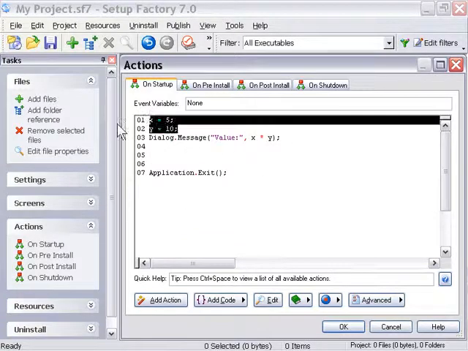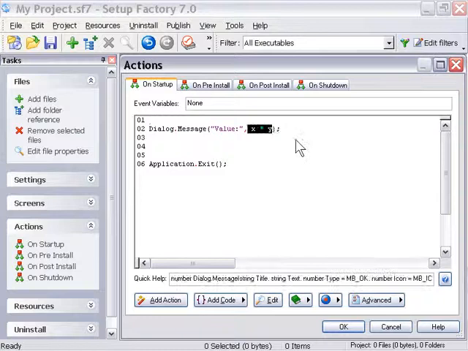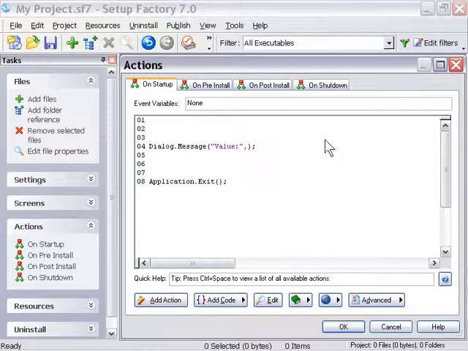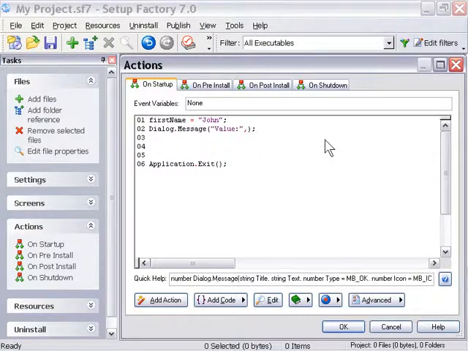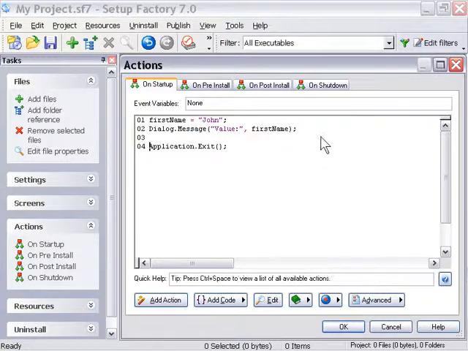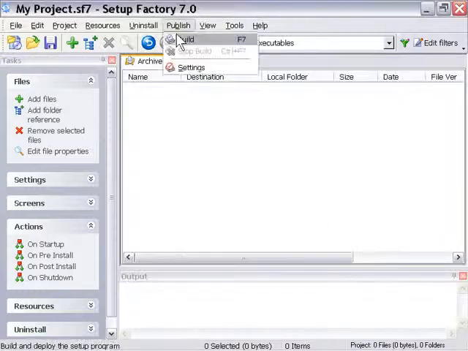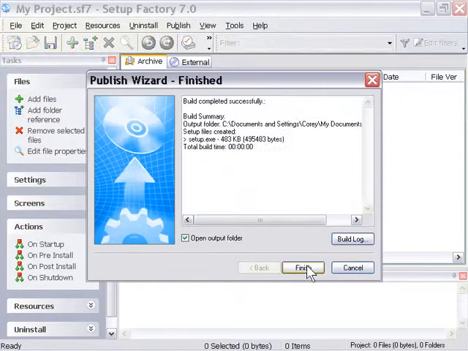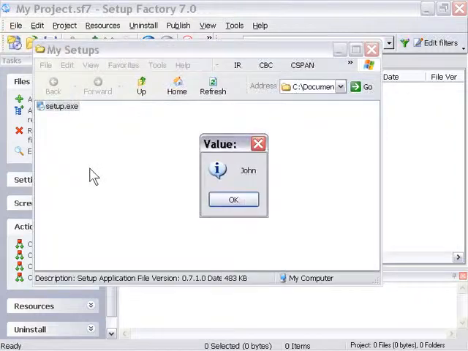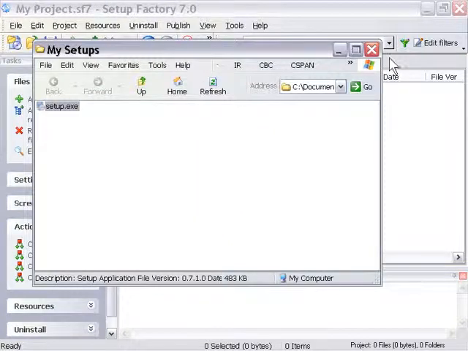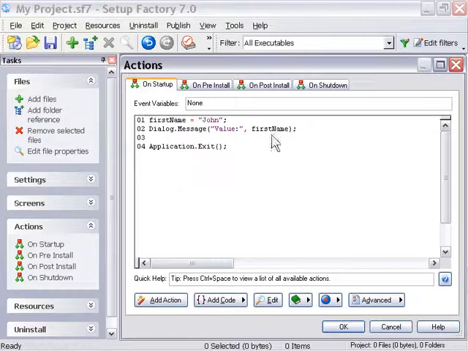Okay, so let's go ahead and try some strings out. So I'm going to remove our values here, and I'm going to set up a string value here. So I'm going to say first name equals John. Alright, let's go ahead and see how that works. We're going to type first name into the dialog message action, and I'm going to go ahead and run that. Okay, so as predicted, we got the value John. We referred to it with its name, first name. So we referred to that variable label, and we got the value.